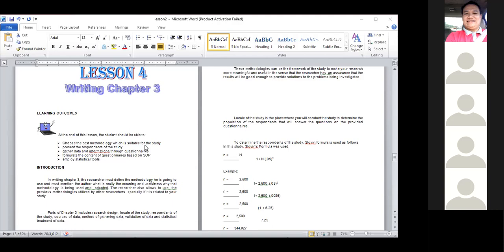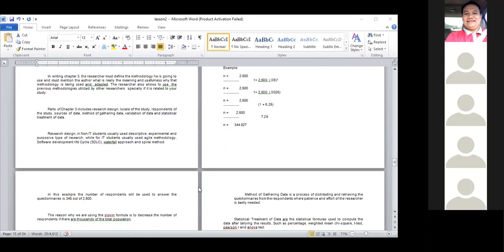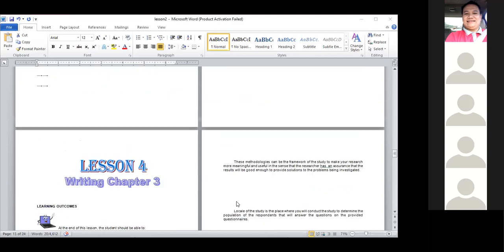And usually, this is the way on how to write properly in constructing your questionnaires, no? So yan, dinidescribe lang natin. So pwede tayong kumuha ng isang author that will define the use of descriptive type of research. Okay, then, meron ako ditong example. Another one is